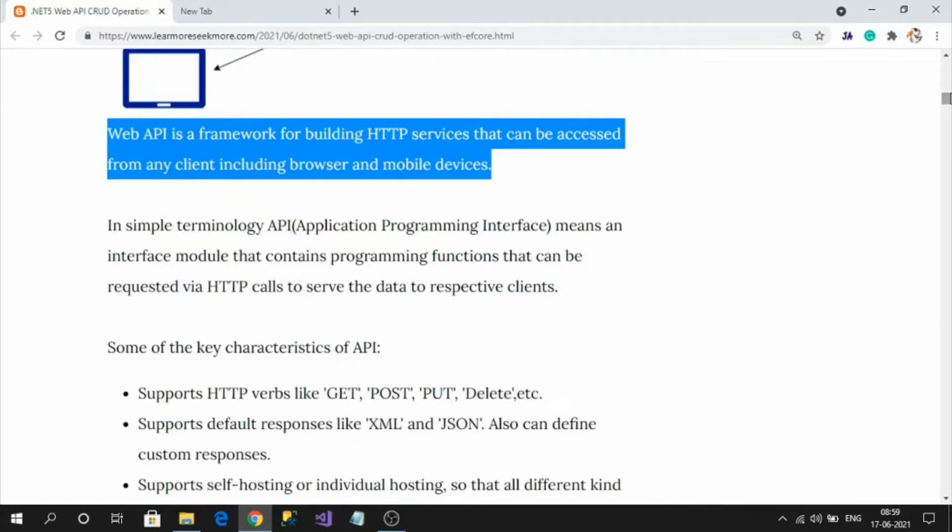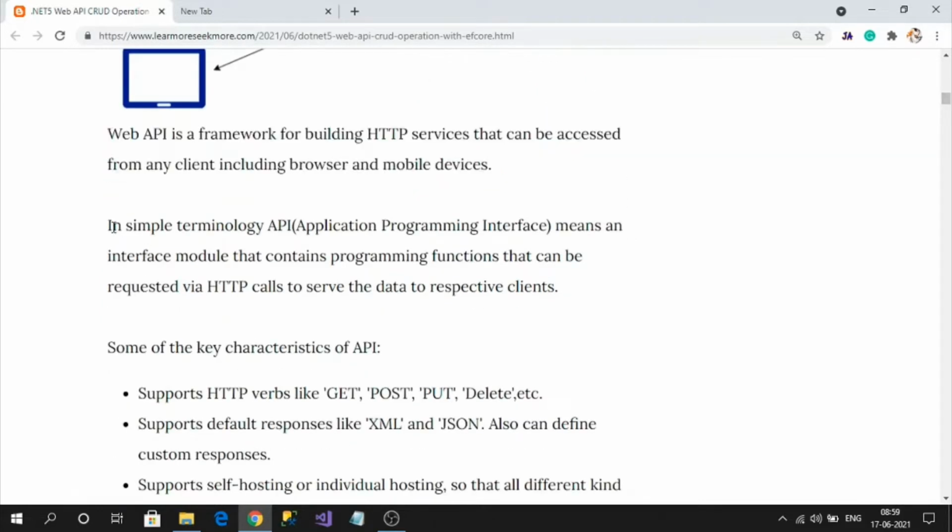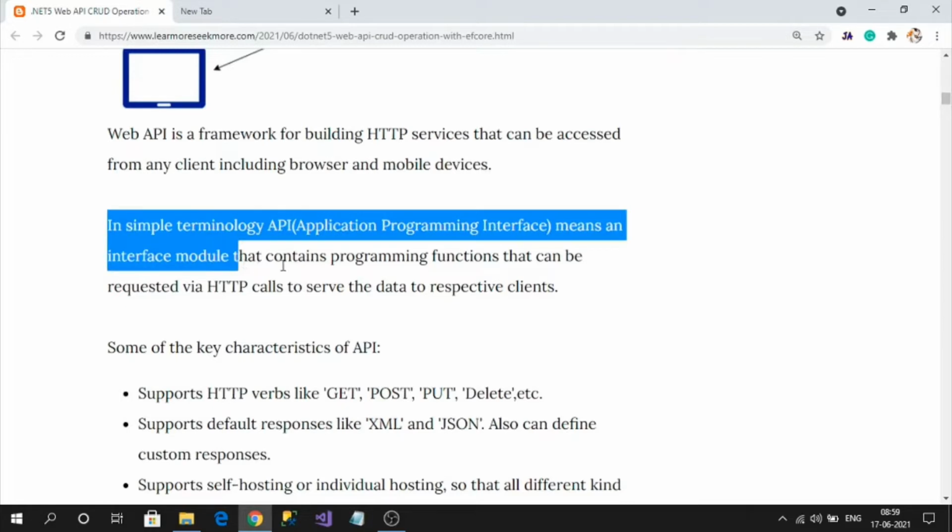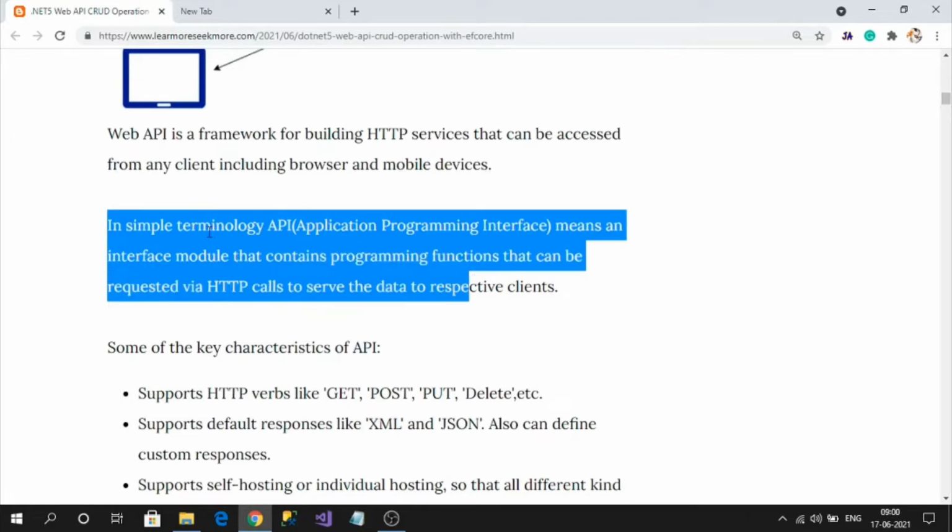Next, in simple terminology, API means an interface module that contains programming functions that can be requested via HTTP calls to serve the data to the respective clients. So this is an alternative simplified definition in programming terminology.